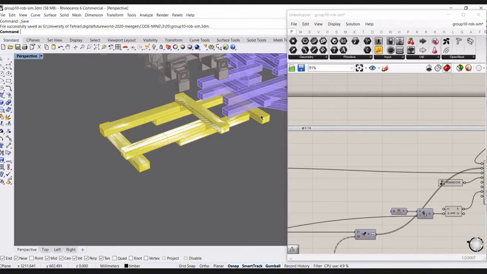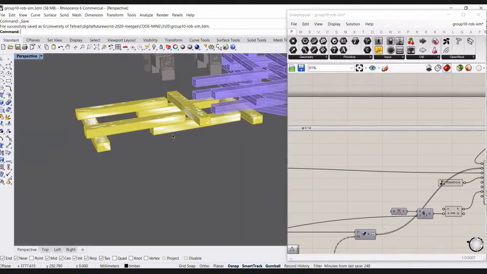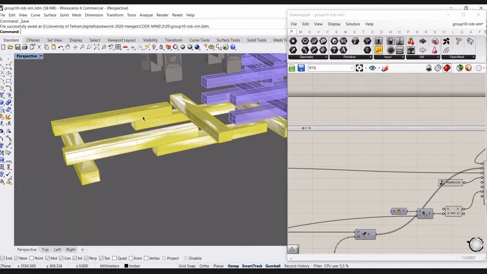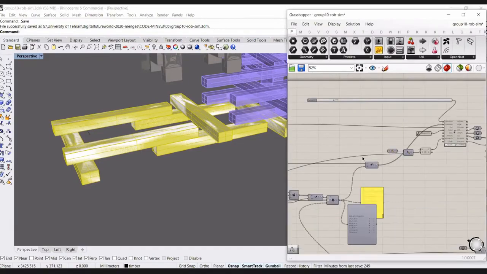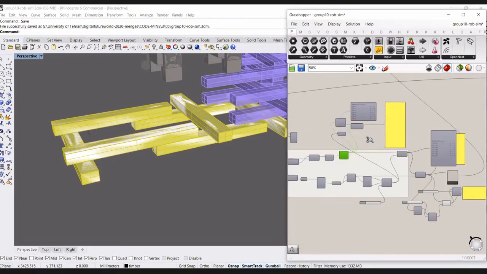For example, the robot first placed this part, and when I tried with multiple layers, it first goes to the third or fourth layer, and after that comes to the lower layers. I think there might be something wrong in this part when I'm sorting the planes here,